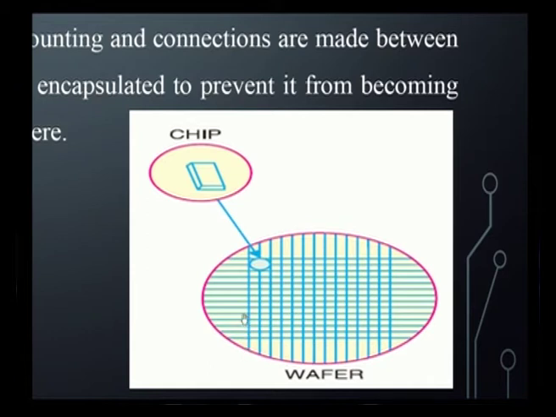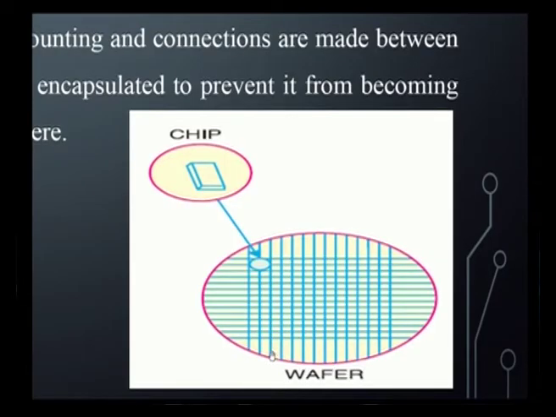So, this is what we call mass production on a single wafer. The wafer will be of P substrate. On top of the P substrate only we are going to get integrated circuits, and this can be obtained with n number of chips, and these chips can be easily separated with the help of the rectangular boxes made on the wafer. We can easily separate each chip, and it can be encapsulated with package material, and the terminals can be enclosed with the mountings and the package material, so that the terminals will be helpful for mounting these chips on circuits or printed circuit boards, which will be helpful for usage.